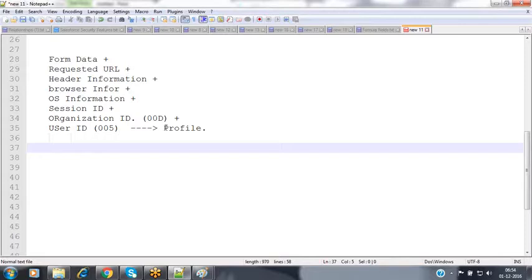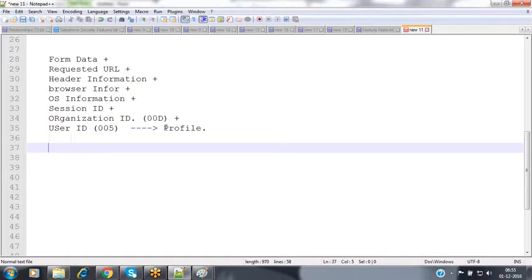In one sentence, we can say the profile decides what operations the user can perform inside the Salesforce application. What applications the user can access, what objects the user can access, what record types they can access, what object-level permissions the user can have, what session timeout settings they can have, what password policies the user can have, what Apex classes will be visible to the user, what Visualforce pages will be visible to the user, and everything we can configure inside that profile itself.